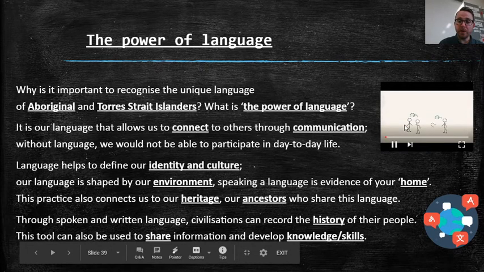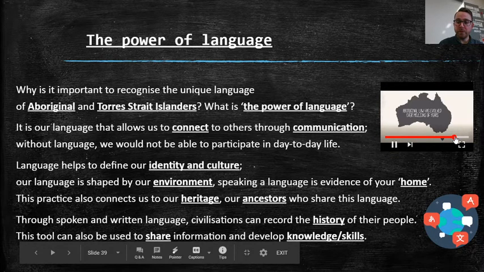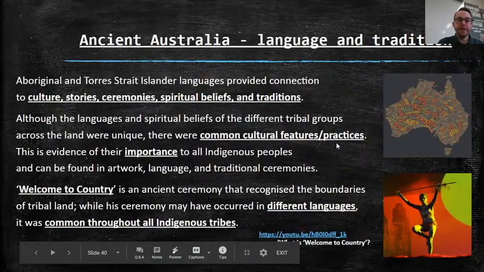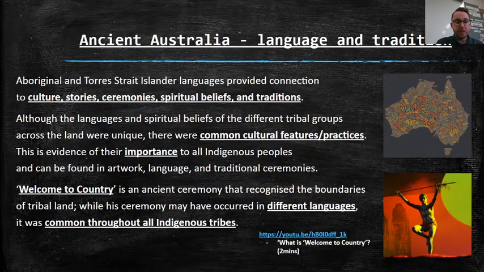The ability to communicate clearly is a key function for all people. Speak still spoken, and people maintain this law gave them protection. Ancient Australia, language and tradition. Aboriginal and Torres Strait Islanders, their language provided connection to culture, stories, creation myths, ceremonies, spiritual beliefs, and traditions. Although the languages and spiritual beliefs of the different tribal groups across the land were unique,